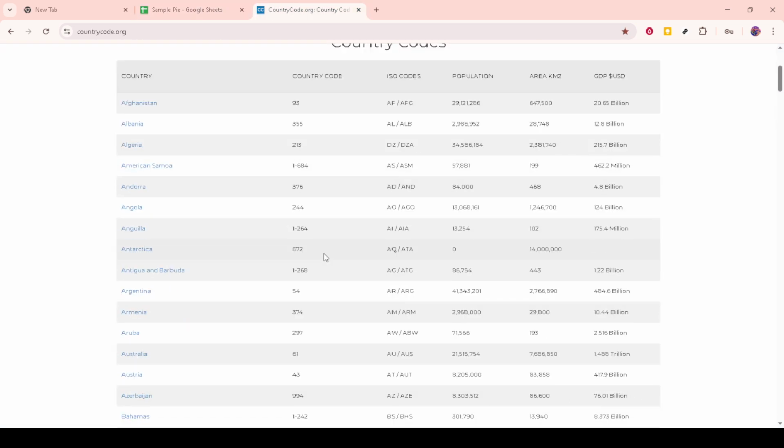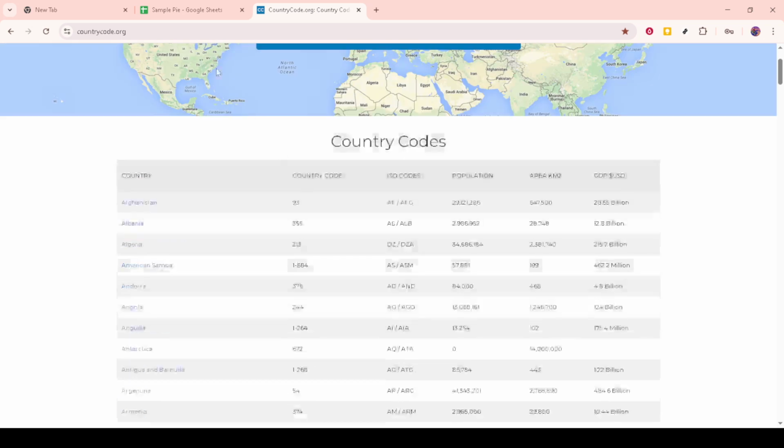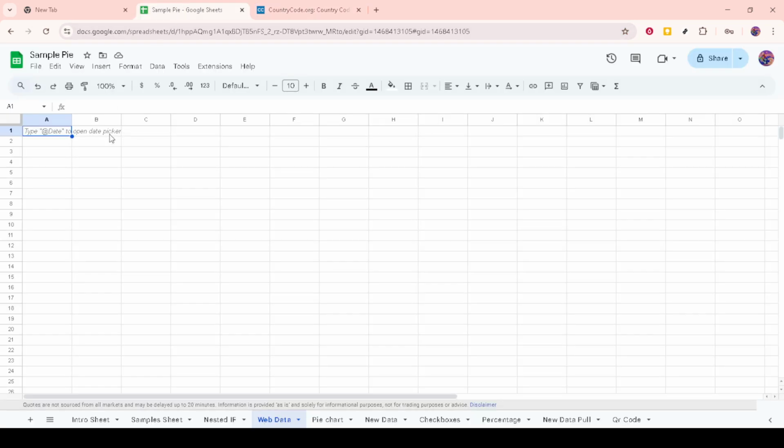Next, open Google Sheets in your browser. You can either create a new spreadsheet or open an existing one where you'd like the data to be imported. The great thing about Google Sheets is that it's cloud-based, so you can access your data from anywhere and collaborate with others seamlessly. Once you have your sheet ready, select an empty cell where you want the data to appear. It's generally a good idea to choose a spot that has plenty of adjacent free space, as the imported data might be larger than you anticipate.